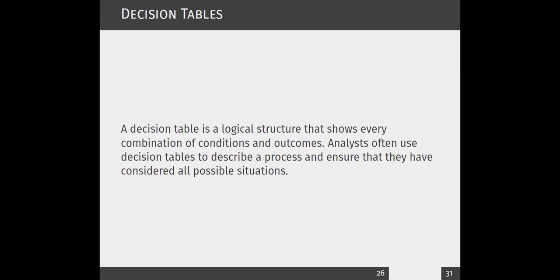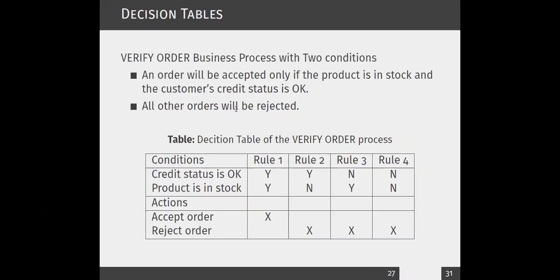The second one we call decision table. The same thing we can tabulate, right? So when you're tabulating a table structure, we are going to find something called conditions and outcomes. So you tabulate it and you define a set of conditions and you define a set of outcomes, right? So let's see with the example. Now let's see the same thing. You are going to verify the order with the two conditions. Order will be accepted if product is in stock and customer credit is okay. The same thing as earlier. All the other cases, we are going to reject,